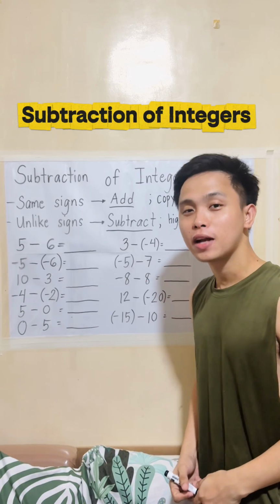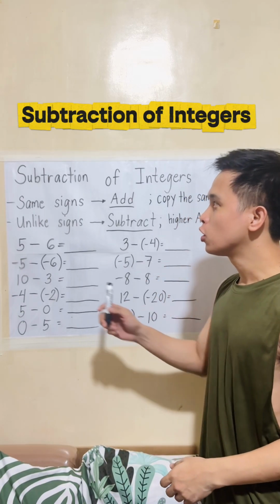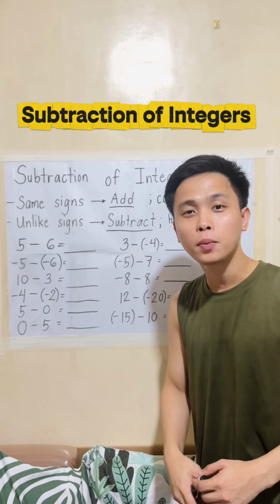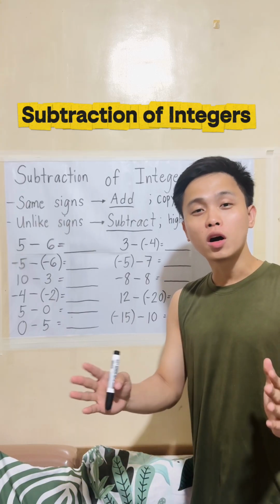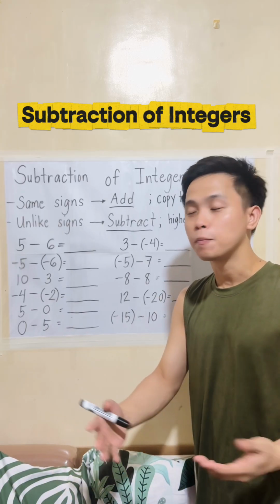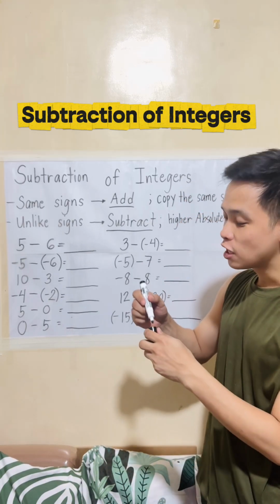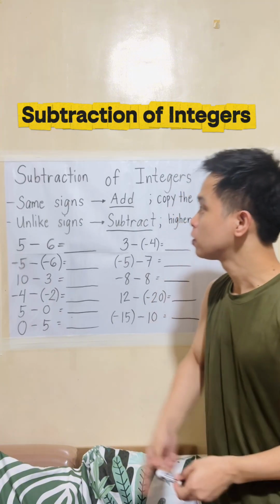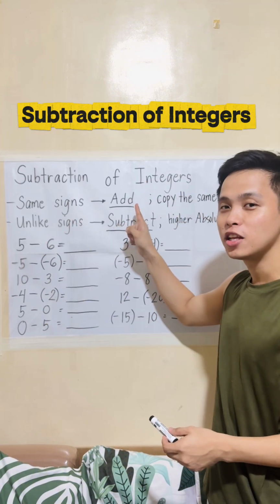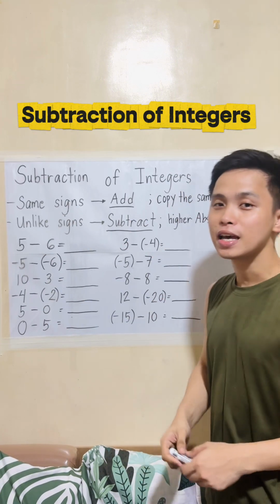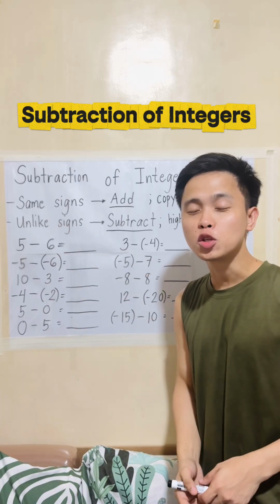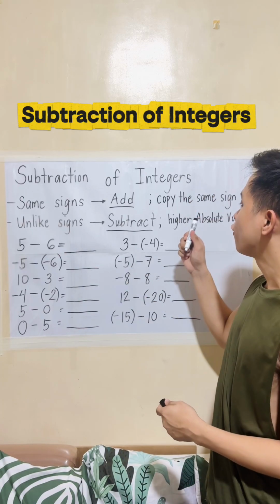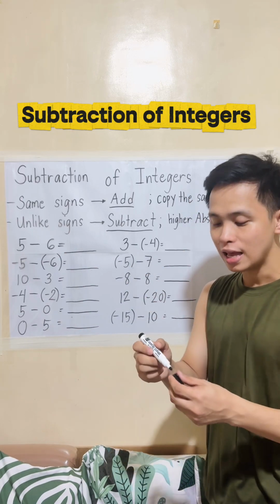Let's have subtraction of integers. We all know that subtraction is the opposite operation of addition, so concepts may be used either way. So here, we will still follow the concepts of addition. Same signs, we need to add the numbers and copy the same sign. Unlike signs, we need to subtract the numbers and we will follow the sign of the number with the higher